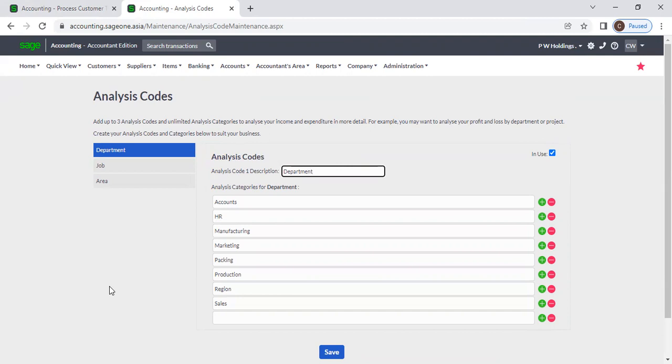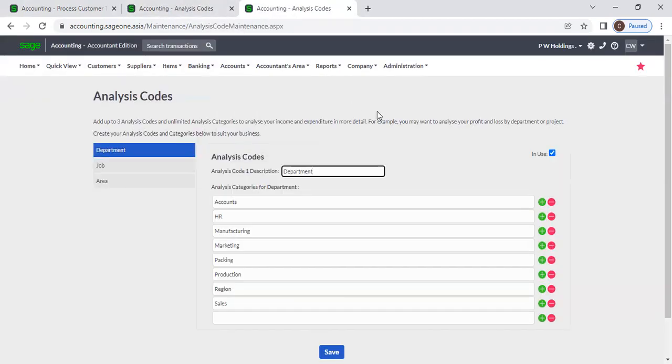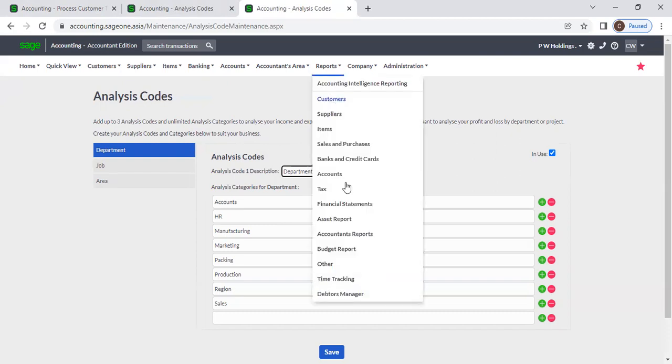For example, we can create department. Assume your company has departments. We will create departments here. You can rename this analysis code 1 description to department. And under that, you can create your analysis code categories. After that, if you create those category analysis codes, when you are generating your profit and loss report, you can